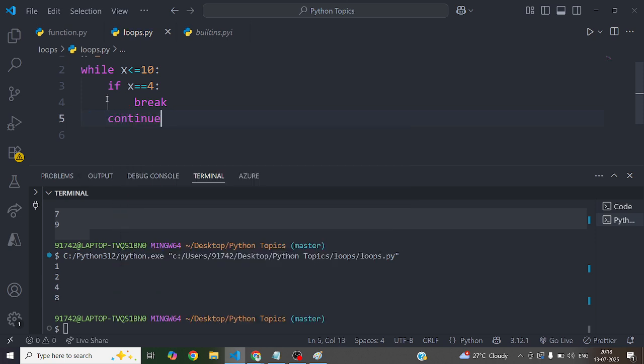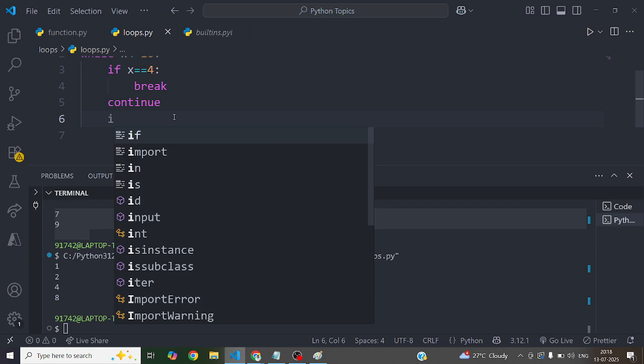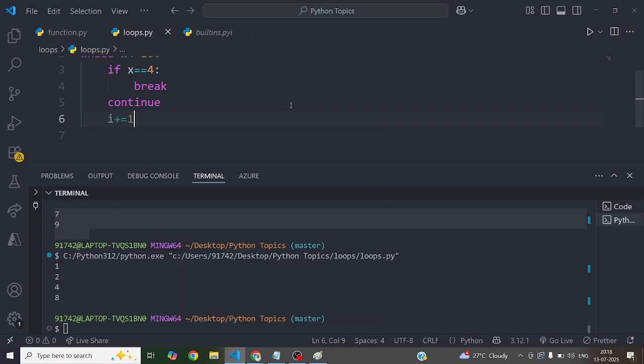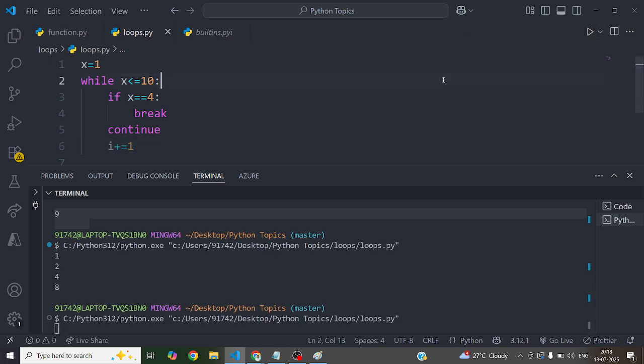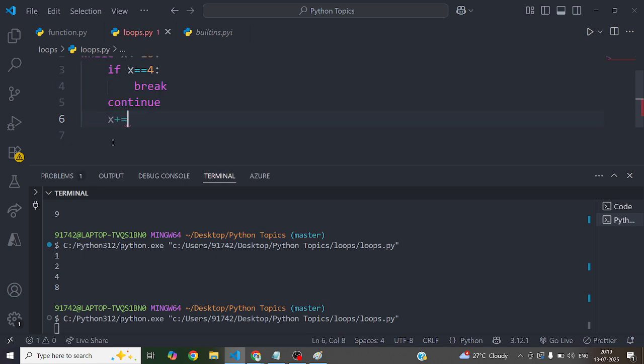Else, if this is not true, then continue the loop. And don't forget to modify the step. Now if you run it, x plus equals to 1.